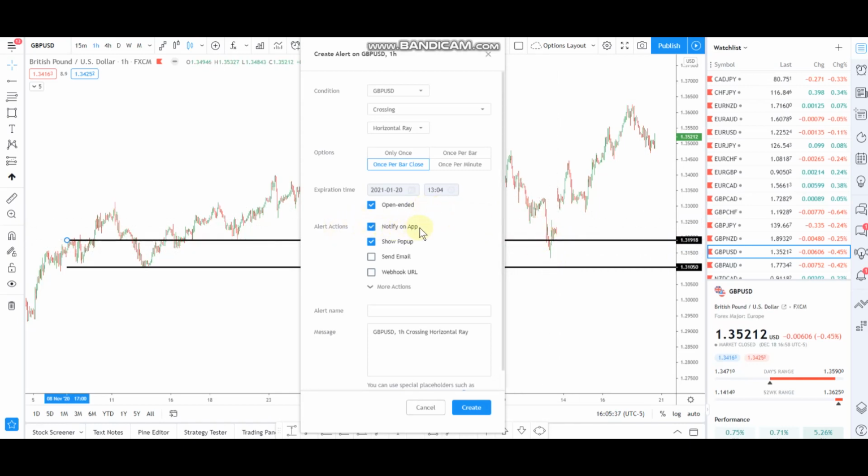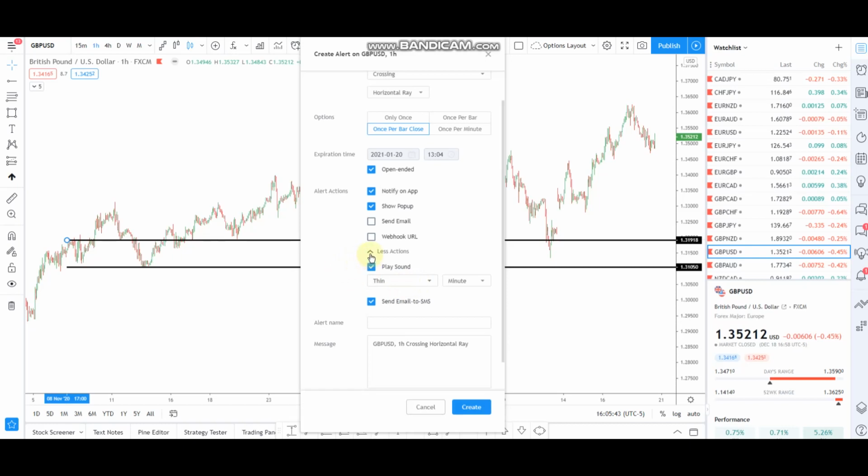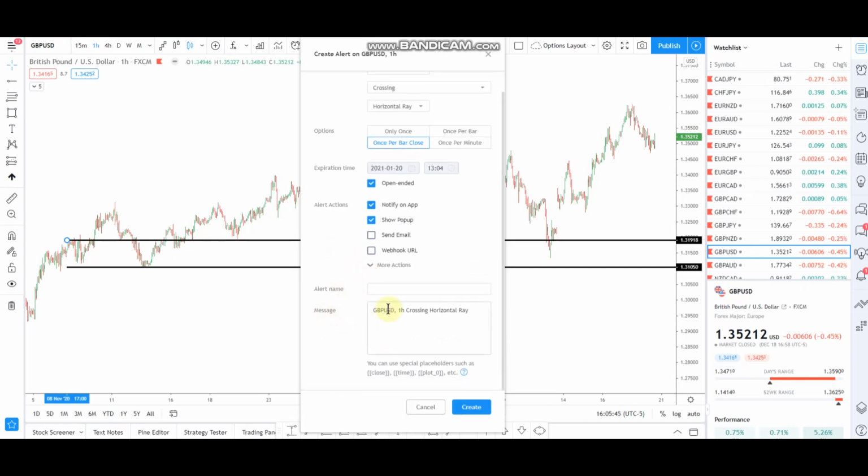Okay, we can notify it on the app. We can show the pop-up. Down under actions, you can change the sound. Okay, and here where the message is, you can keep this as a 1 hour crossing a horizontal ray, or you can customize it and put in weekly support. Okay, now we're just going to hit create,